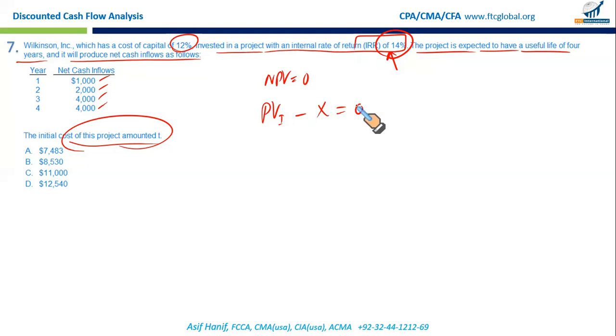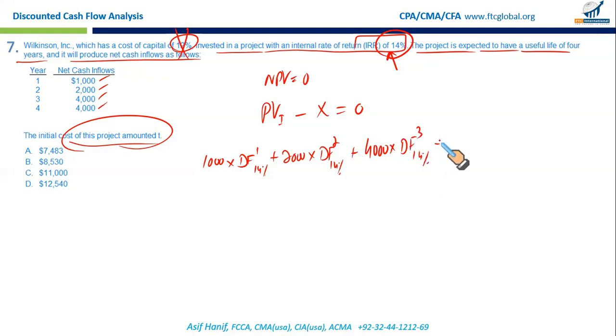So what are you going to do now? You're going to take your cash flows. You've got 4 cash flows, and you're going to write it this way. First year cash flow multiplied by the first year discount factor at 14%. Remember, at the IRR discount rate, NPV is zero. So present value of inflows minus initial investment has to be zero. So first cash flow with the discount factor, first year 14%, plus second year cash flow multiplied by the discount factor for the second year at 14%, plus third year cash flow, 4,000, multiplied by the discount factor for the third year,